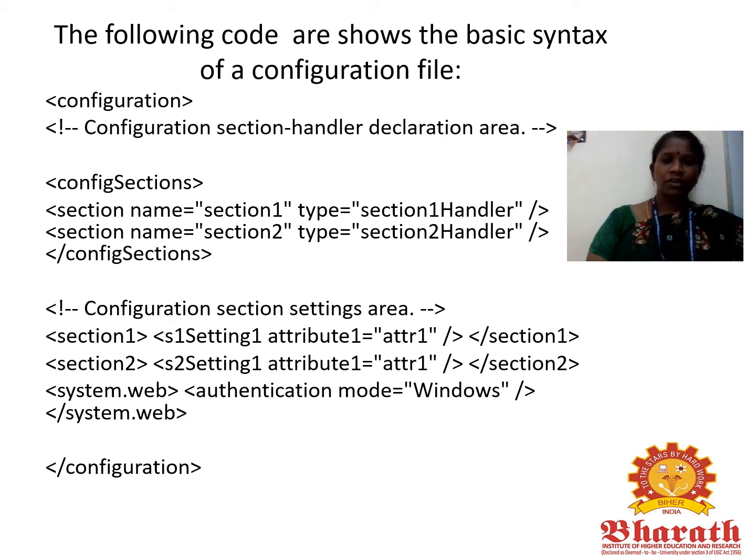This is all used for configuration sections. Next, you can add another section. Go to the configuration section setting area and add one more tag, that is section 1. In between, put some setting 1 attributes and close the tag, then close the section 1 tag also. We can increase the number of section tags. After that, finally close the